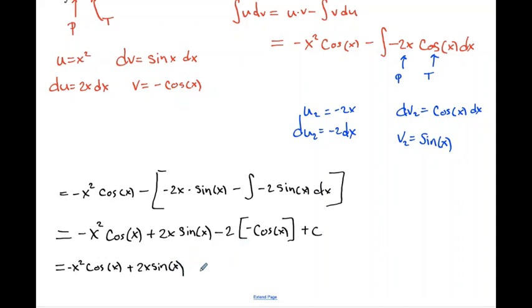So this double negative makes it a plus 2 cosine x plus c. So we see that we needed to use 2 iterations of integration by parts. And the number of iterations that we would need to do